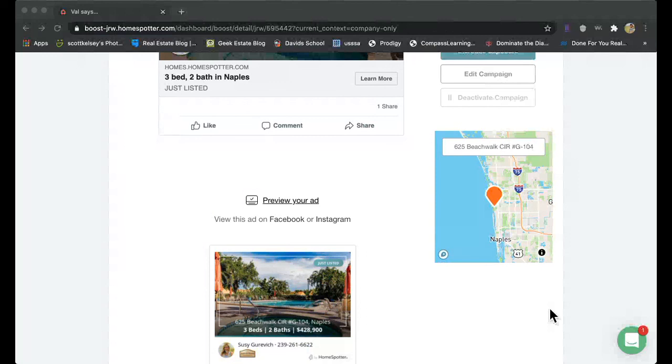Okay. Is this the same ad? Since it's a monthly cost, $99 for the month, can you change the ad out, or is it the same one that runs through the month? Yeah, that's what I was saying. You should change it out every 7 to 10 days, so the people don't get used to the same ad over and over and over again.